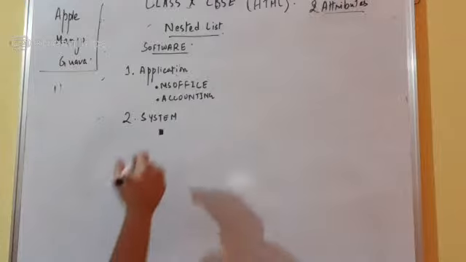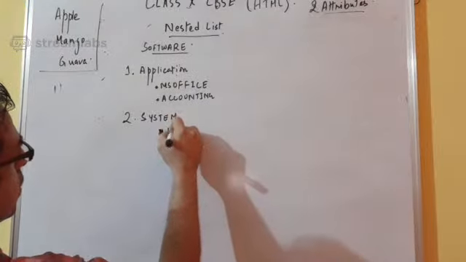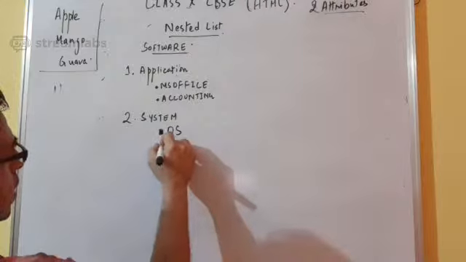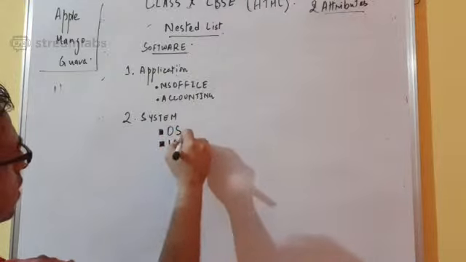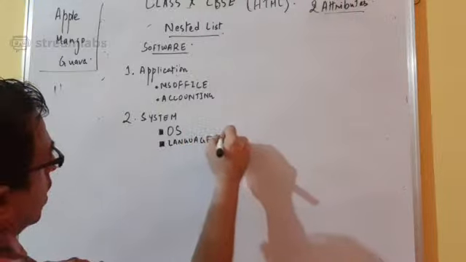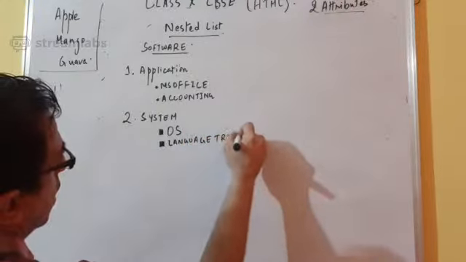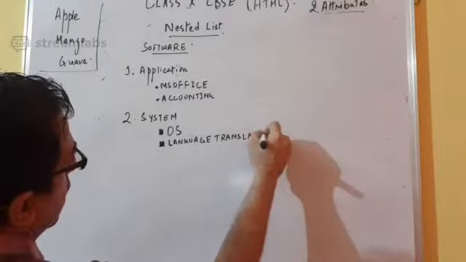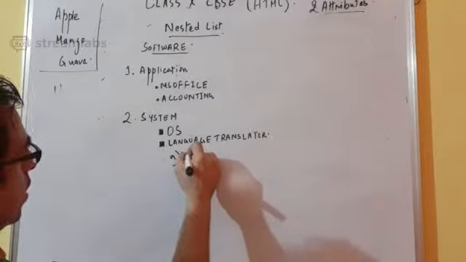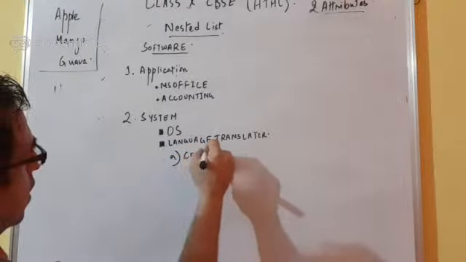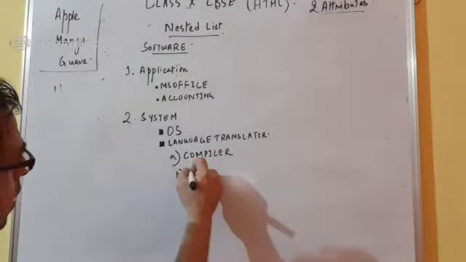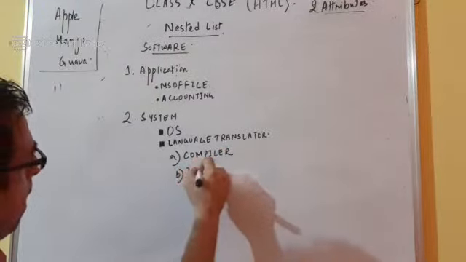Under system, if I want the operating system, OS, then your language translator, then under this, if I just want your compiler and your interpreter,